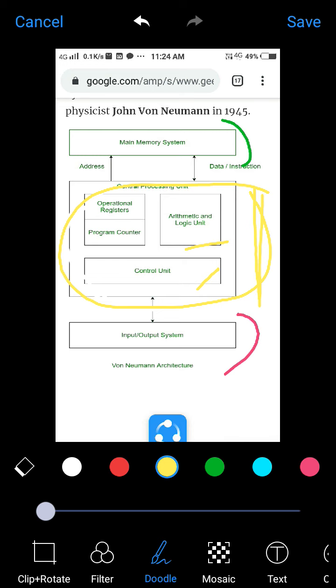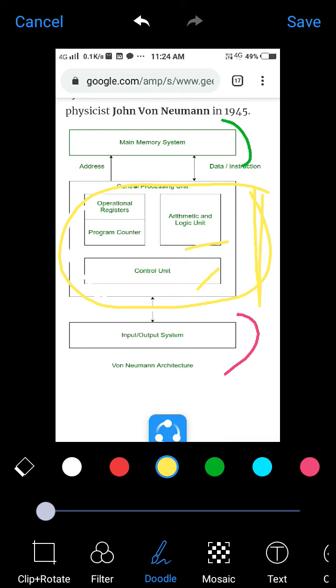So in this architecture, the same physical memory addresses are used for data as well as the instruction, and 2 clock cycles are required to execute the single instruction. It is cheaper as compared to the Harvard architecture.